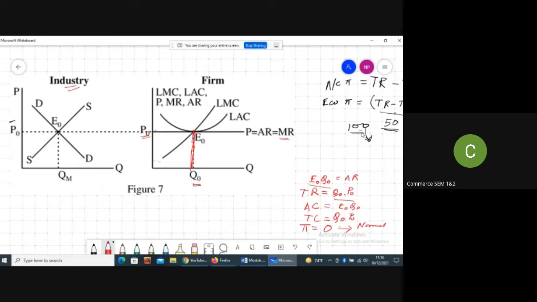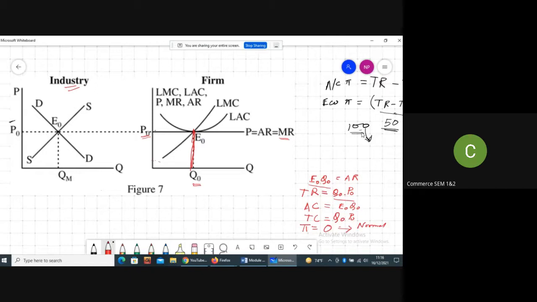So if each firm is earning a normal profit here, that means no firm has any incentive to enter into this industry, or no firm has any incentive to exit from the industry. So এখানে এই ইকুইলিব্রিয়াম পজিশনে যতগুলো ফার্ম আছে তারা সবাই প্রোডাকশন করতে থাকবে এই ইকুইলিব্রিয়ামে, কেউ বেরোবে না বা নতুন কোনো ফার্ম এন্টার করবে না।